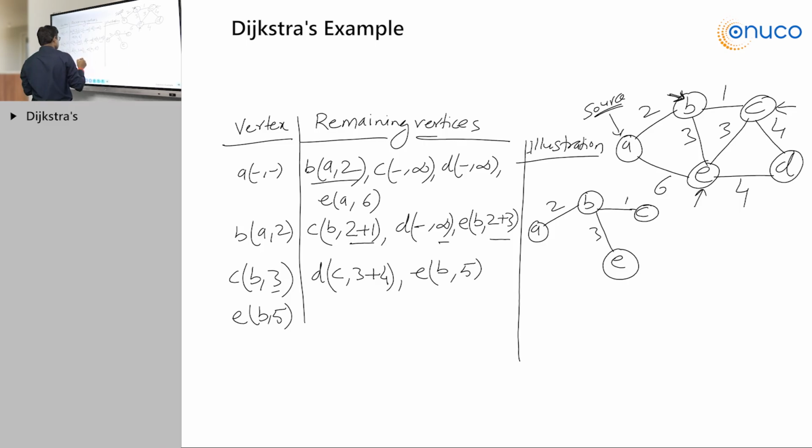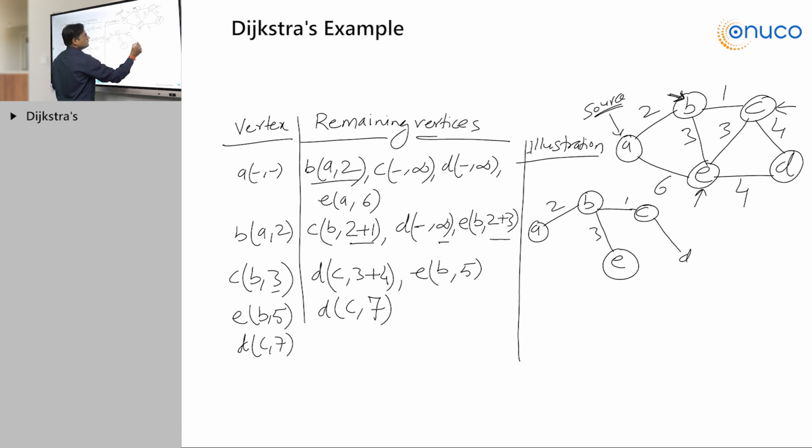So of course 7 is lesser. We are not going to update it. So we are going to write C, 7. And finally we are going to update D as C comma 7. And here we are going to write C of D, that value is 4. If you see this complete graph,